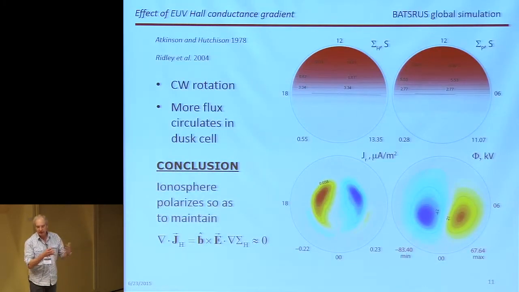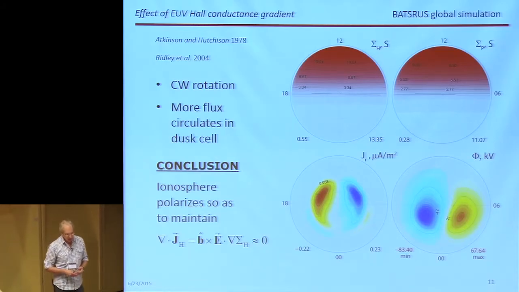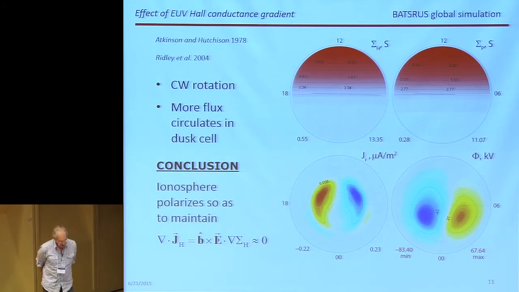Okay, so let's try and understand some of these things that we see in typical convection patterns. There's some early work by Atkinson and Hutchison, 1978, using some simple analytic models, tried to understand what happens when you have this EUV gradient in the conductance. And it's primarily the Hall conductance that's important. The Pedersen conductance has very little effect on some of these rotation and asymmetries in flux circulation. And what Atkinson and Hutchinson found, and this was